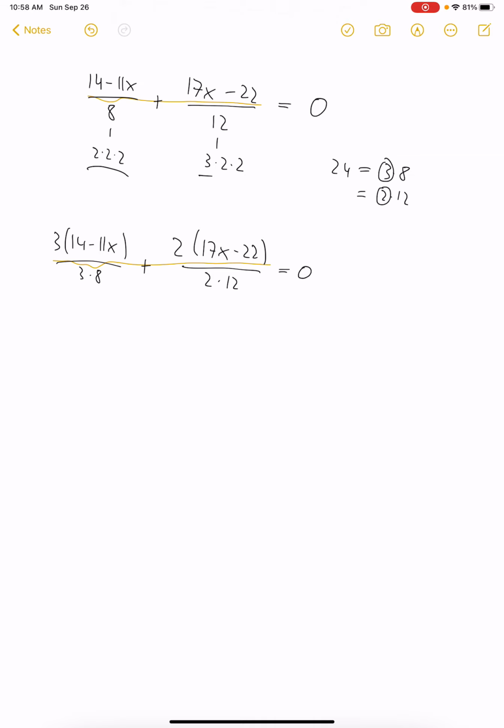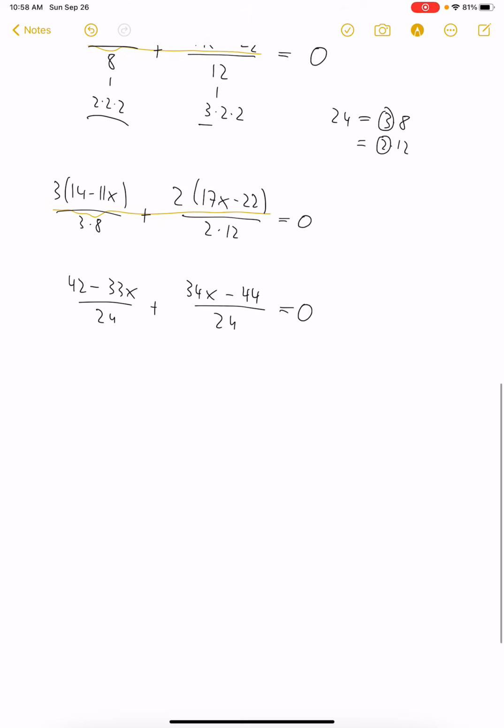Which means 3 times 14 is 42 minus 33x over 24, plus 2 times 17 is 34x, minus 2 times 22 is 44, divided by 24